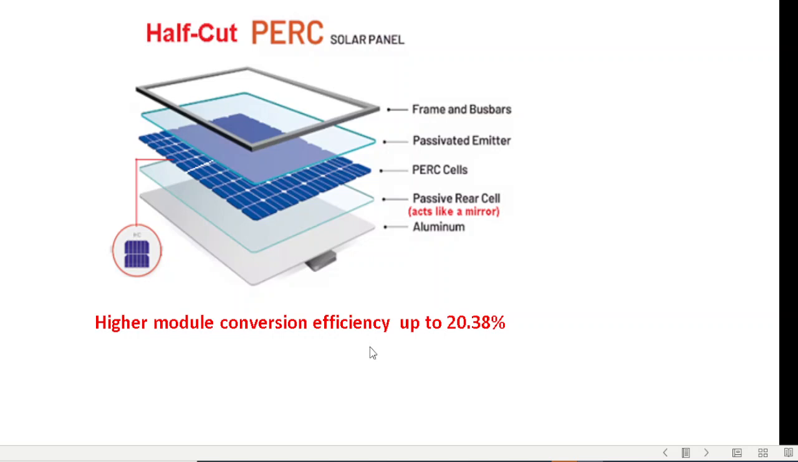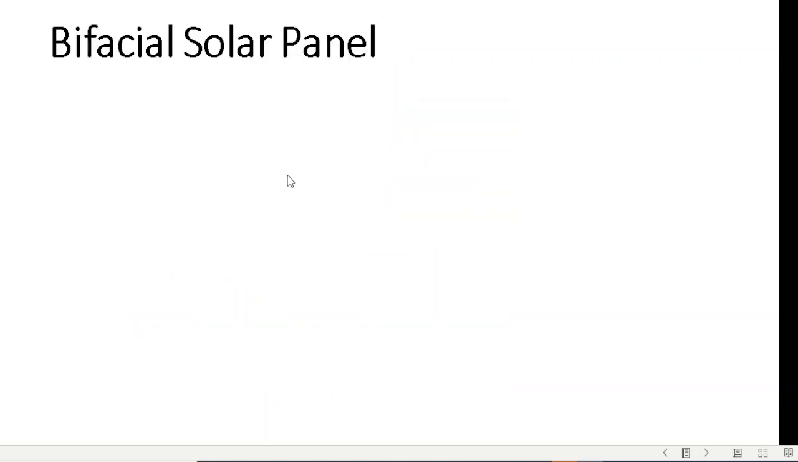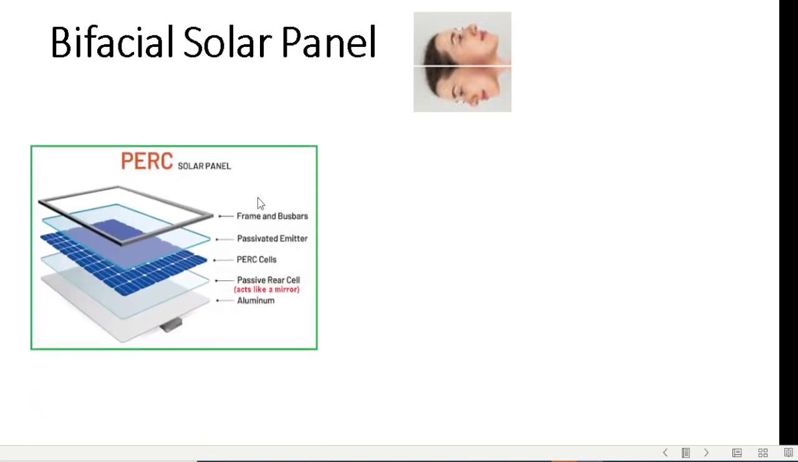Higher module conversion efficiency, now up to 20.38 or even more. The Neosun company claims it to be 21.5%. And this is one of the commonly used solar cells nowadays. Then came another idea to have a bifacial solar cell. Bifacial means two-phase. And the technology here is that